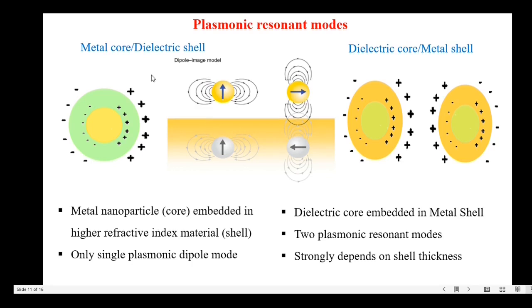So the dielectric shell transfers energy to the free electrons of the metal nanoparticles, giving rise to the enhanced plasmonic resonance. With the metal core and a dielectric shell, the metal nanoparticles are embedded in the high refractive index material, so it creates a single plasmonic dipole mode. But in the case of a dielectric core and metal shell, the dielectric material is embedded in the metal shell. So here it creates two plasmonic resonant modes, and the frequency of the plasmonic resonance strongly depends on the